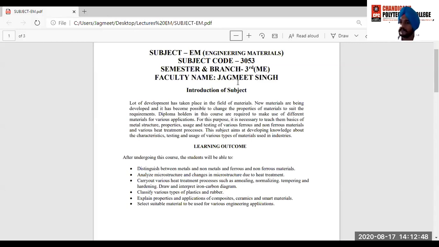So students, in this subject, we will talk about the engineering material subject and what are the different materials, what their uses and what their properties, how can we enhance their properties, what are their purpose and where they came from, and what are the different testing techniques that we will use on materials. What are different heat treatment processes like annealing process, normalizing process, what is iron carbon diagram. These all we will discuss in this syllabus, and throughout this subject semester, you will learn these things.